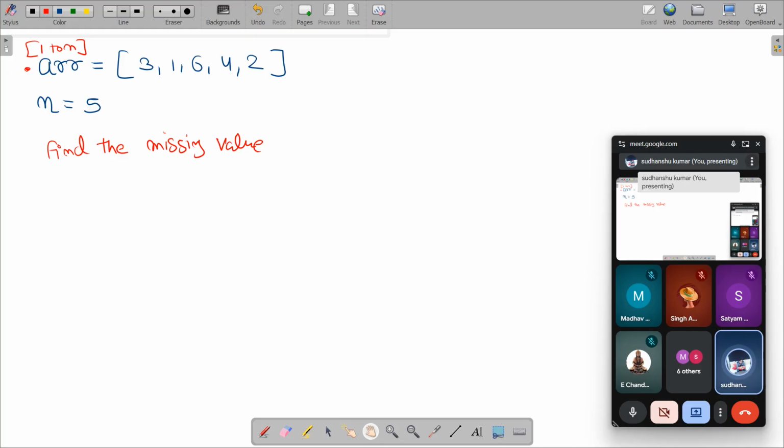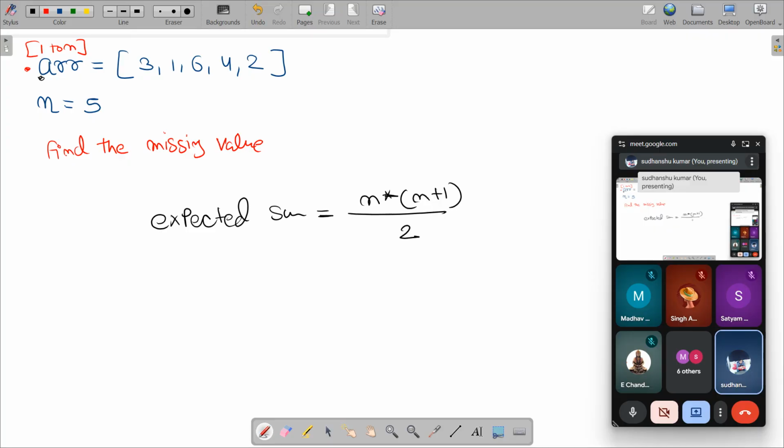One very simple solution of this problem can be like this. You can come to me and tell me that, sir, if this array is supposed to have every number from 1 to n, then my expected sum is this. Okay, sum of first n natural numbers.